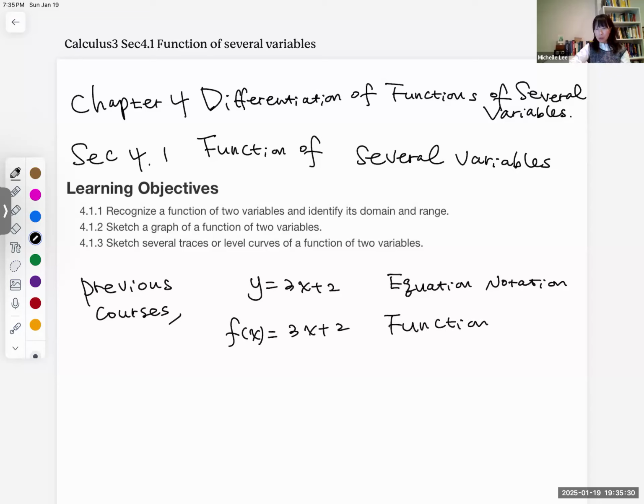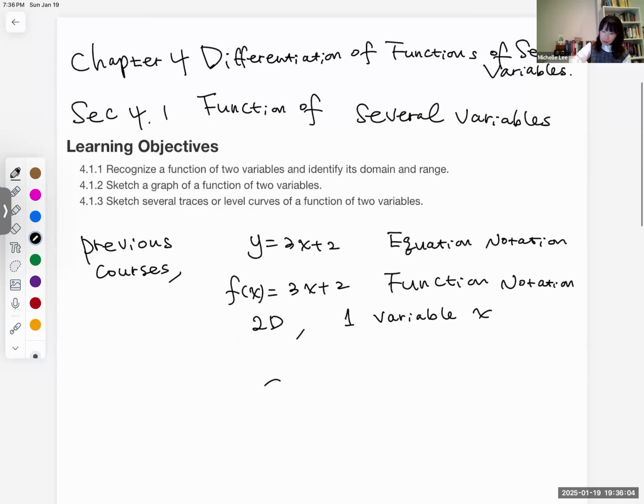So we can use any variable because we are using just the first letter from the function f here. We can use g, we can use k, we can use h, anything is fine. Okay, so we know that this is a two-dimensional plane, so 2D, and then we have one variable x. We send the x by a function